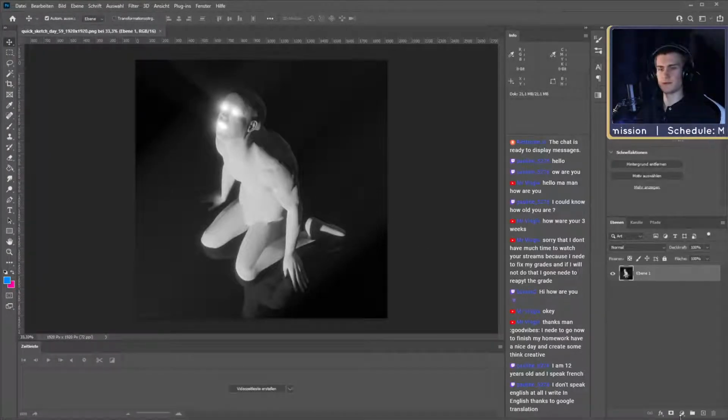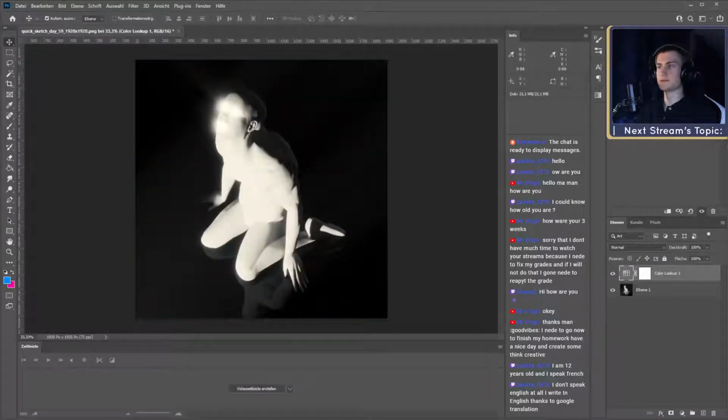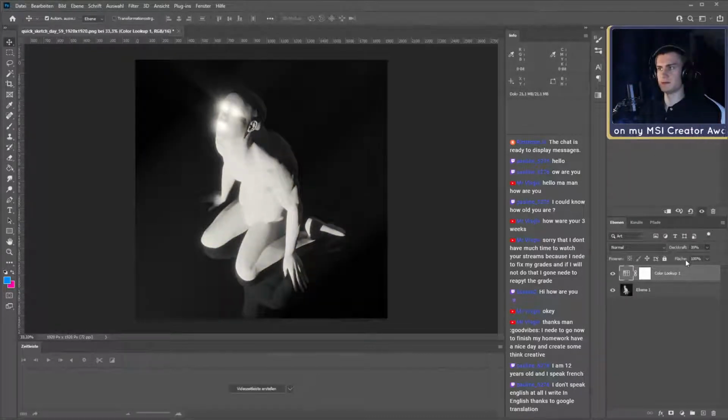Probably the first thing we always do, or I at least do, is color lookup, just to give it a lookup table to highlight the bright spots and pull down the dark spots. Just increase the contrast, basically. The film stock is usually what I use, but in this image I think it's too intense. The eyes just take away too much detail around them, so that's too strong. We could maybe just reduce the opacity. That could work.